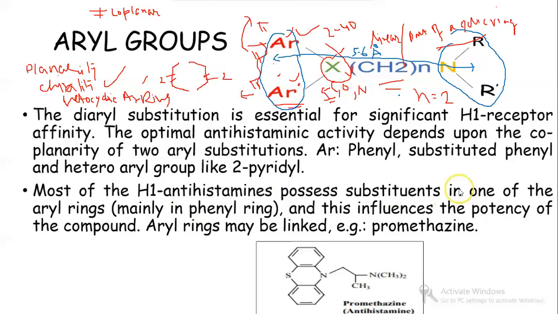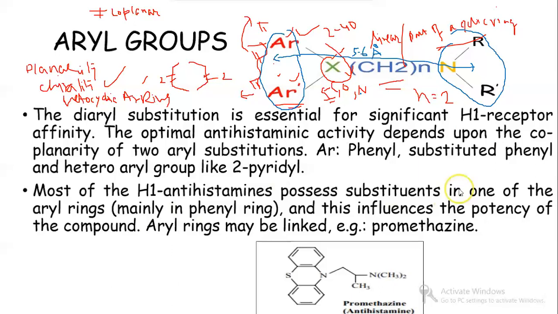it can very nicely fit into the binding pocket, and then it can be bound very well. So this 5 to 6 angstrom criterion between the two terminals of the antihistaminic drugs helps it fit inside the binding pocket of the receptor very well. So this is one important criterion of the SAR, the structure activity relationship. Like this you can deconvolute the entire SAR.